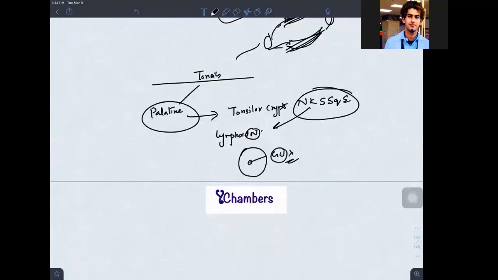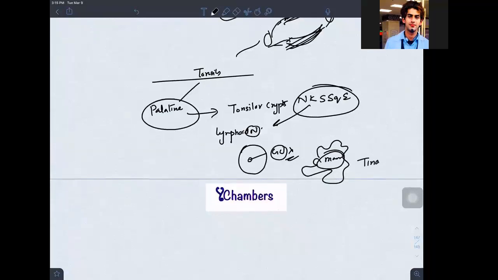So these nodules will contain what? Macrophages. What are these macrophages known as in the tonsillar nodules? Tingible macrophages. From pathology, I remember tingible, or they are also known as stainable macrophages. Tingible or stainable macrophages are seen in these nodules.